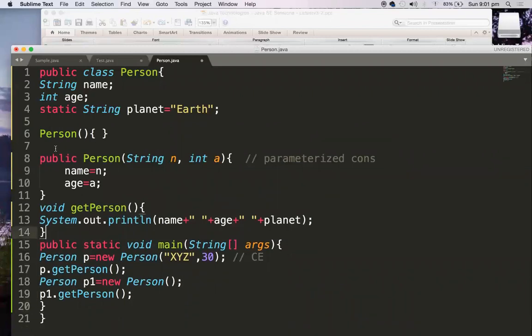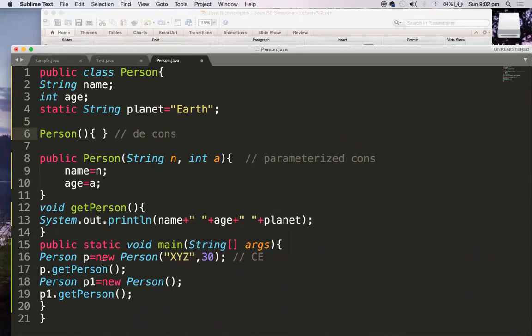Here I'm having a constructor which is my default constructor, a default constructor which has no implementation, and this leads to constructor overloading. A constructor with no arguments, a constructor with two arguments. That means same name constructor but different parameters. This is called overloading. Here we are doing it with constructors, that's why it is constructor overloading. If you do it with methods, then it's called method overloading.